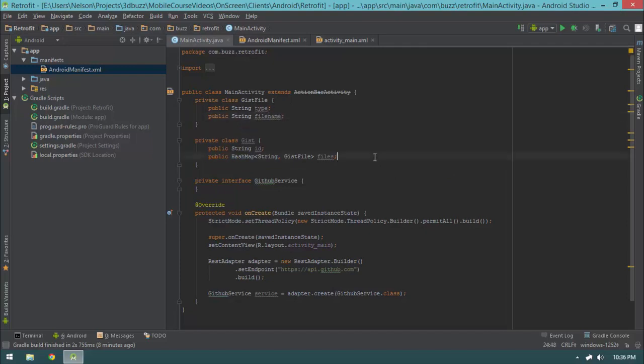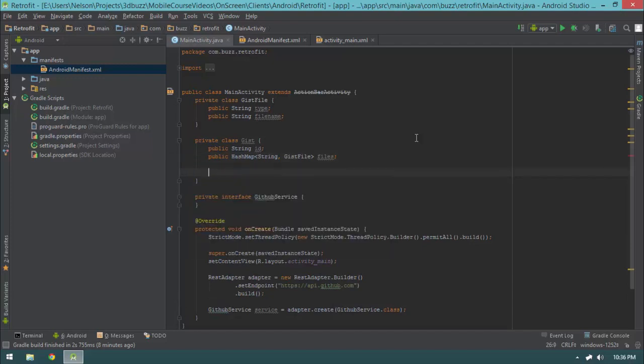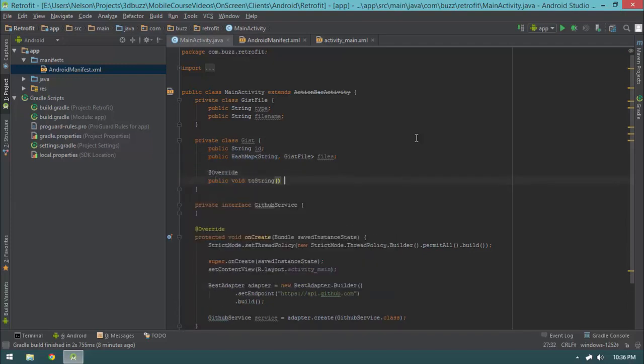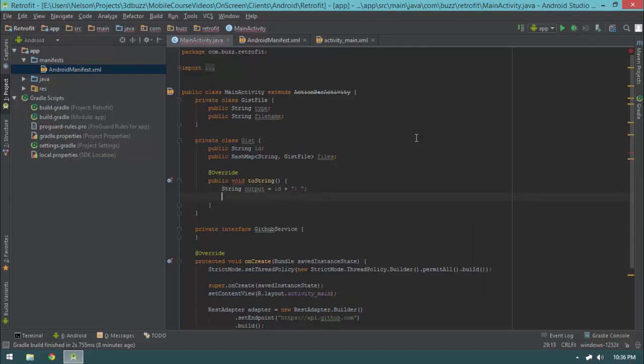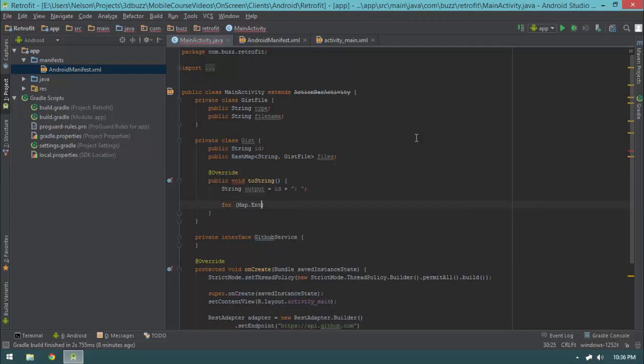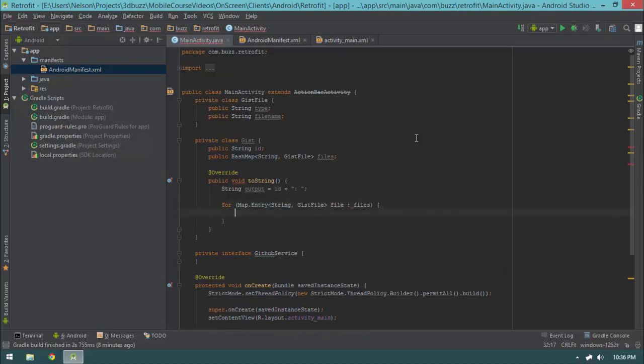Okay, so the next thing I'm going to do here, before we move on into how to use Retrofit, this Gist class, I'm going to be adding to an array adapter for my list view, because that's the simplest adapter to use. As a result, I need to implement its toString method. So to do that, I'm going to override public void toString, and I'm going to say string output equals ID plus colon, and I'm basically just going to say for Map.Entry string GistFile in files.entrySet, output plus equals file